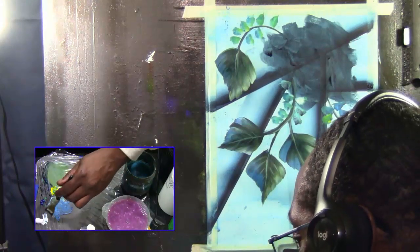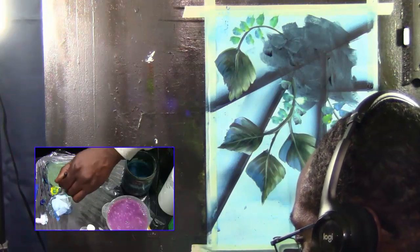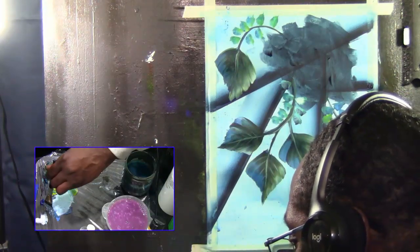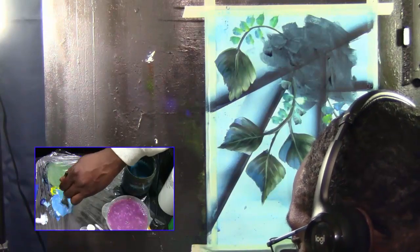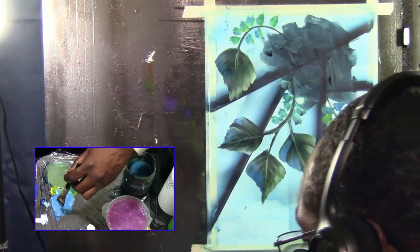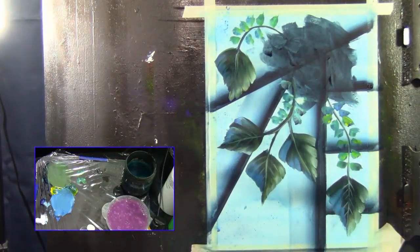I done got it all on there now, and I'm gonna get a little bit of white. I'll just put it right in here. Now, once I got this extender over this stuff, okay, I'll use a little bit of blue here. This is just going over this dark blue here. That's all. All right, but